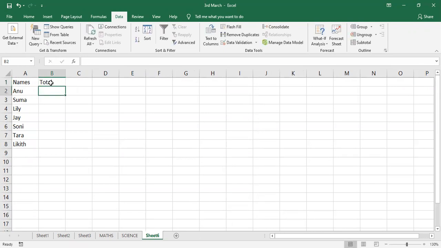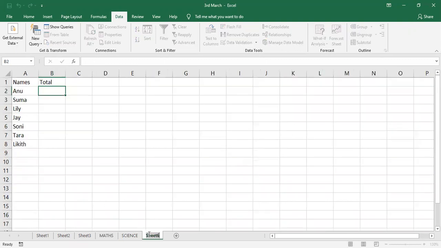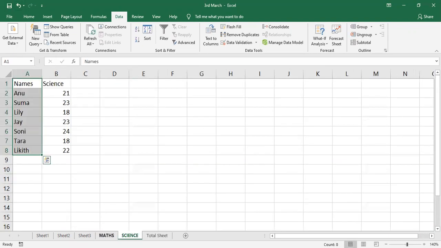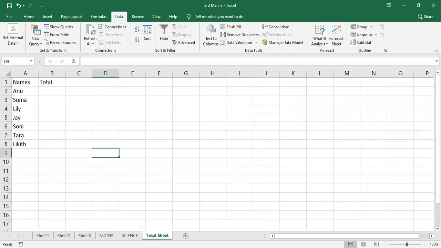See, now in this, I want to know the total. You can see here we have your maths marks and then here we have science marks. The same list of students. Here I want to know the total of both. Here I'll give as total sheet. This is a main sheet where I want to add both the subject marks. I'm not going to display again here math, science and then total. I just want to know the total marks. So here I'll rename it as total marks only.